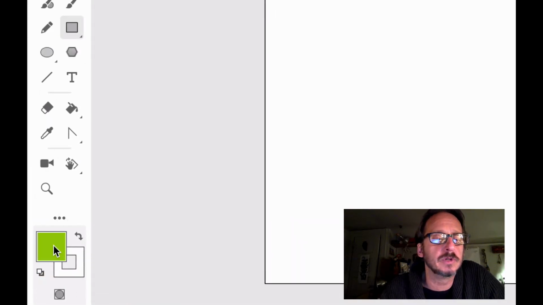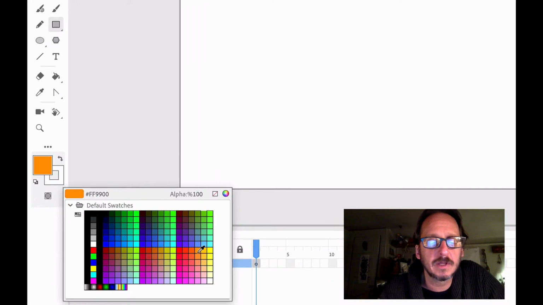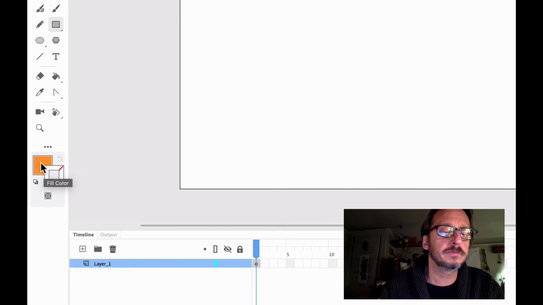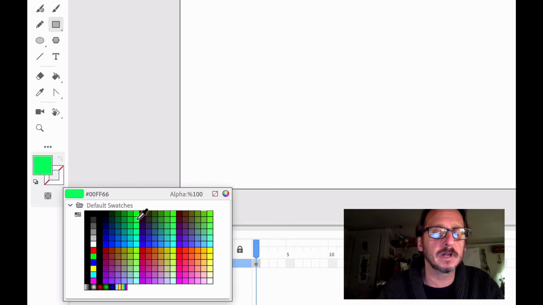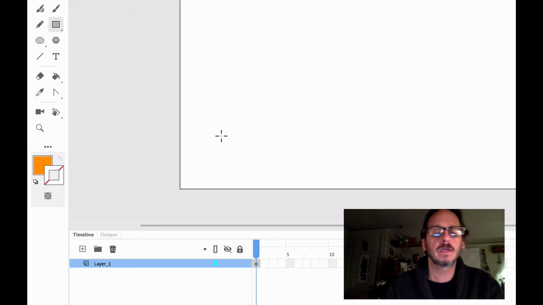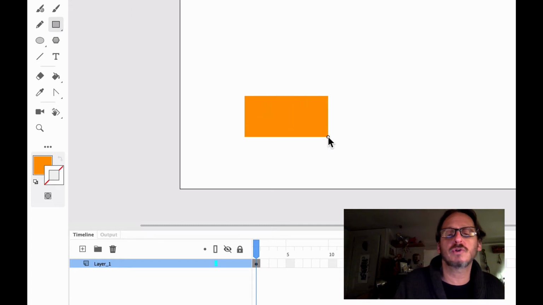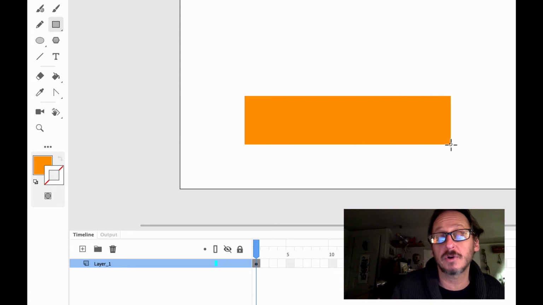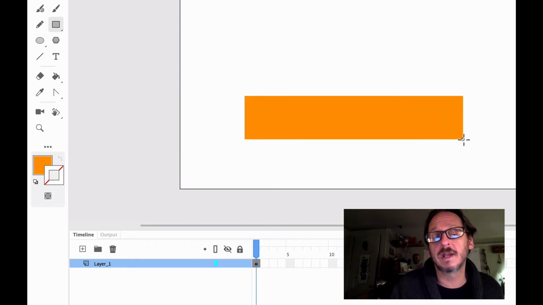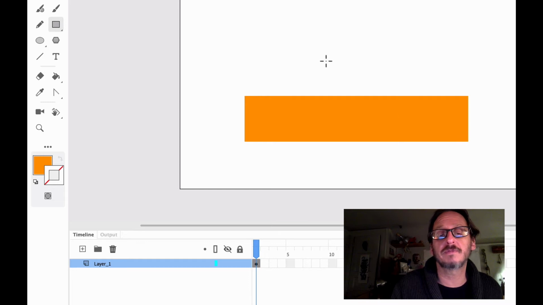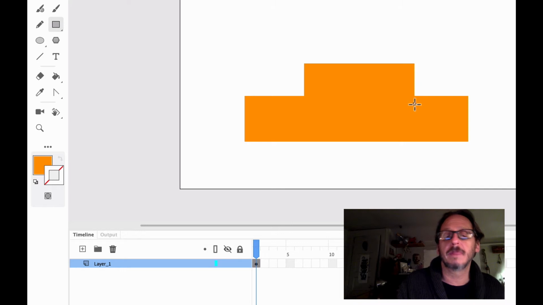Let's get the rectangle tool and pick a color for the car you're about to make. This is going to be for the body of the car. Alright, let's get the rectangle tool in merge mode, and I'm going to choose a fill color for it. I'd like you to click on the stroke color and be sure that you turn it off, because merge mode is all about two shapes merging when the colors overlap, and if you have a stroke it'll interrupt that. So I'm making a wide narrow shape, which is going to be the front and back, where the wheels are going to fit in, and I'm putting this very simple shape on top.